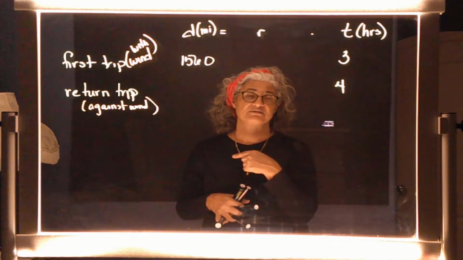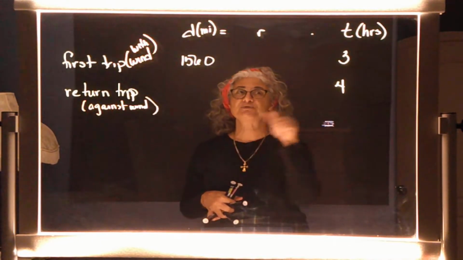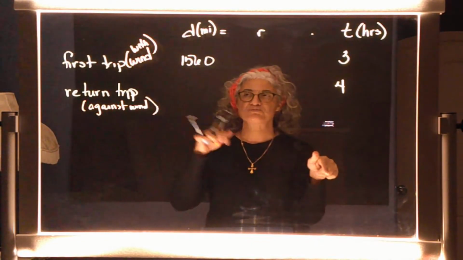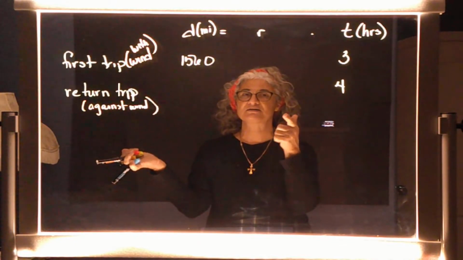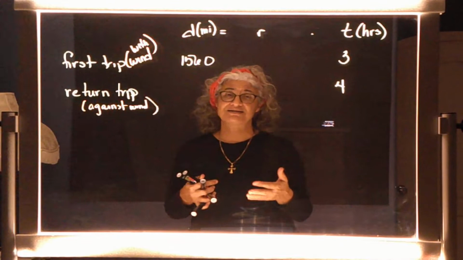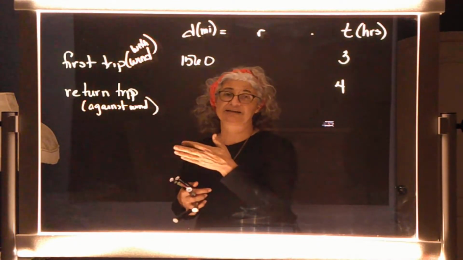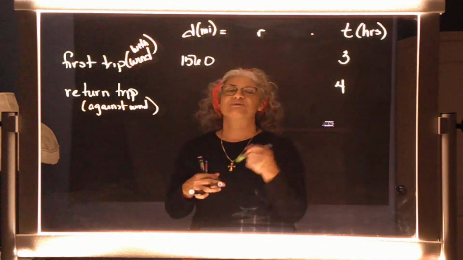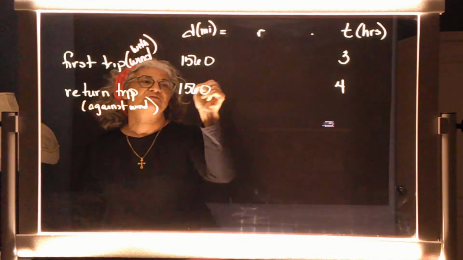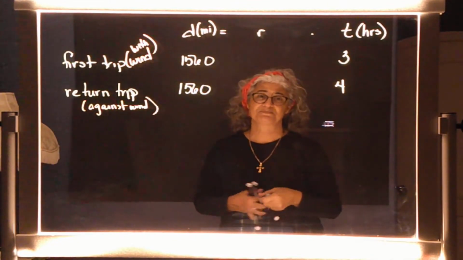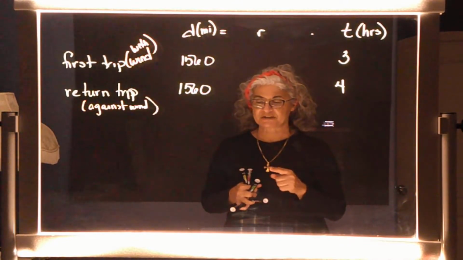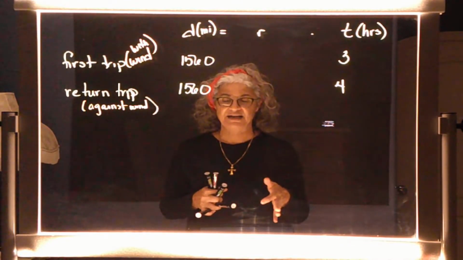return trip, isn't it? So the trip to school, say, was 10 miles, and the trip from school back to home was also 10 miles because it's the return trip. So the number of miles is the same from home to school and back again, right? So even though they didn't tell me, the return trip is also a distance of 1,560 miles, isn't it? Okay, got it. And the last part says, find the speed of the plane in still air and the speed